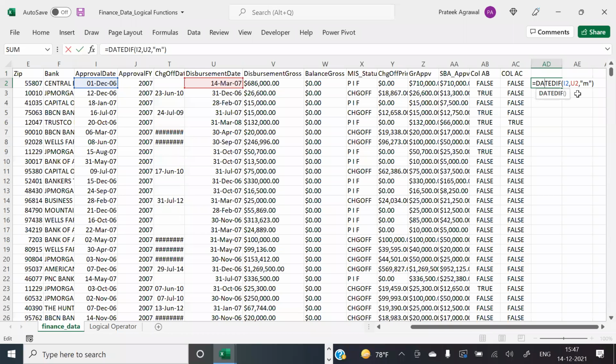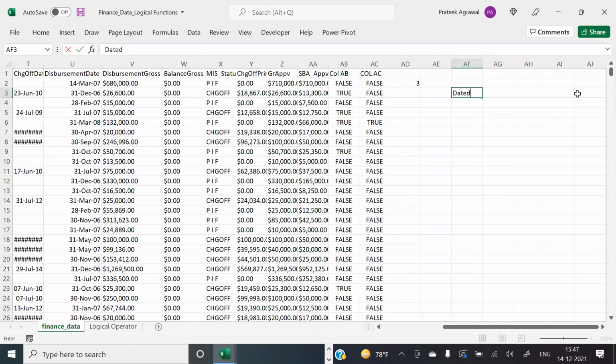How do I install it, or is this something an add-in needs to be enabled for? No, no add-in is there. When I type, do you see that function in my list? No. It's not there. It's a hidden function. I don't know why they've still hidden it after so many years. But just write datediff with a single F, put the bracket, it will come up. It does not even show you the syntax. The syntax is start date, comma, end date, comma, parameter. The parameter could be M, D, or Y.